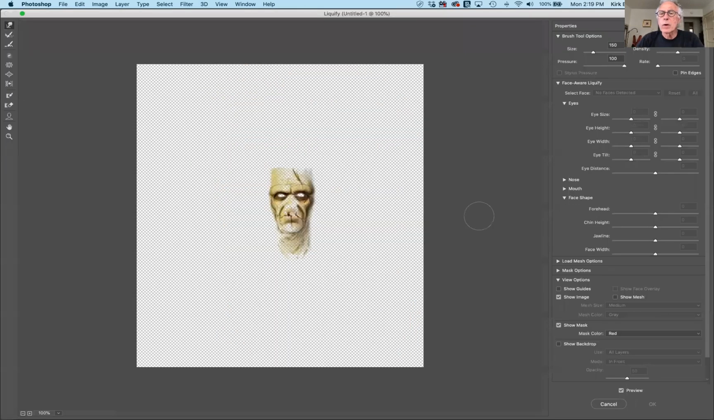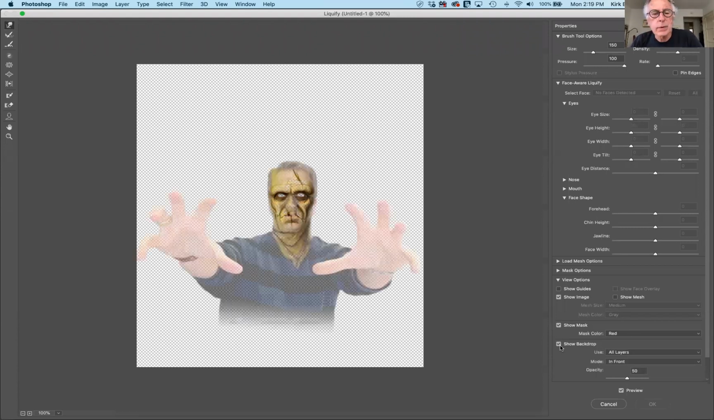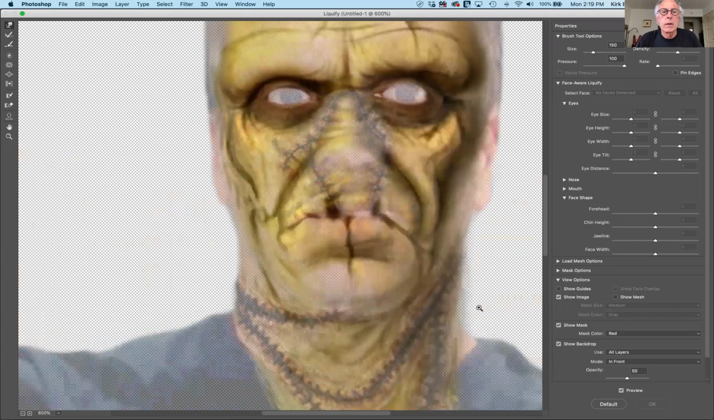Okay, now I want to make sure that I see the background image. So I need to show backdrop so that he's there. We need to zoom in a little bit, like so. And then I can make the brush a little bit smaller by hitting the left bracket right next to the P key. And this you might have to play with a little bit, but I want to use this first one right